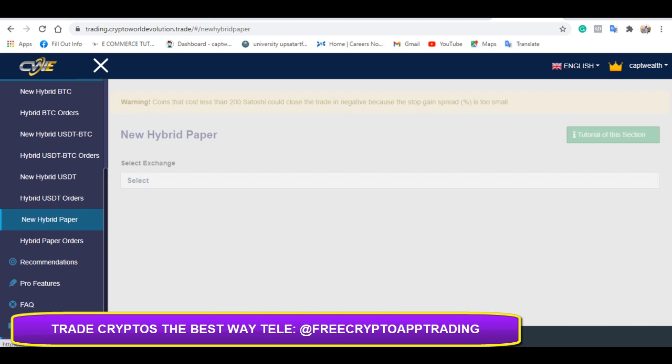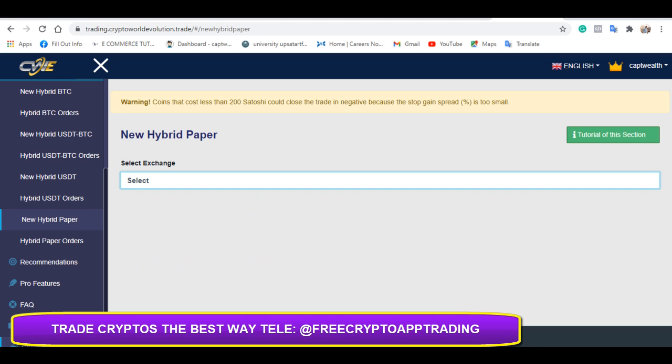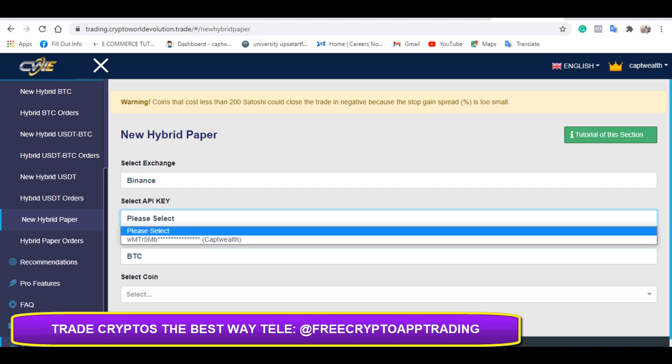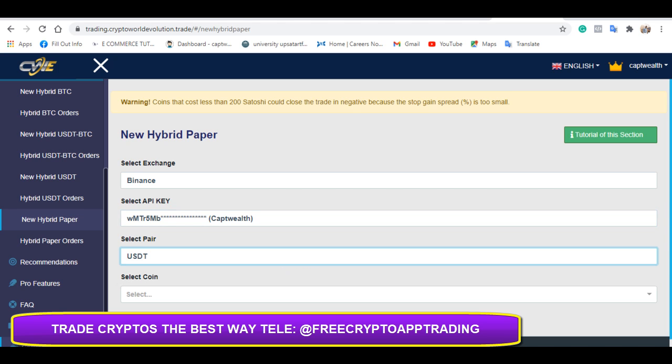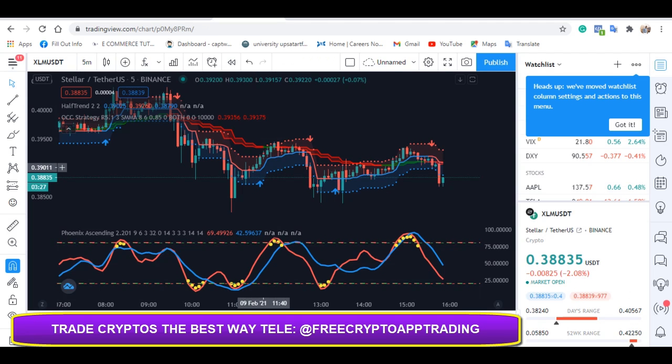Sorry, new hybrid paper. I come to select, I click on USDT, I click on Binance, I put my select key. This is USDT. Come back here and let me look at the signal. It has actually gone past when I was supposed to have entered. Okay, but I'm going to remove this arrow here because most often I would have entered the trade before the arrow comes up. So I'm going to be removing